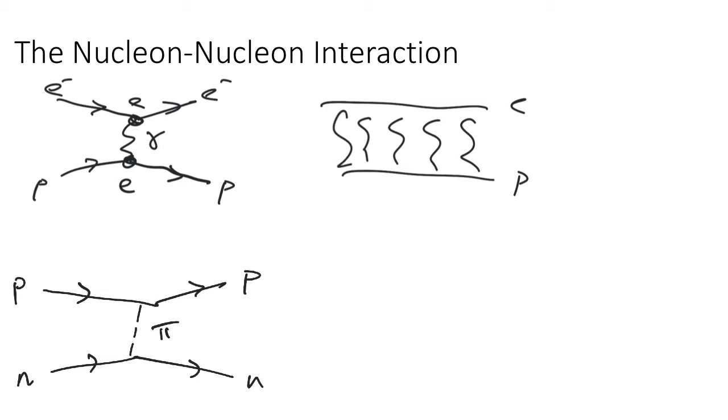Now, because the proton in this diagram remains a proton, the charge is constant there. The thing that's exchanged has to be a neutral particle, a pi naught, and that works with the neutron as well. I could then draw similar diagrams where I have a proton coming in and a neutron coming out,